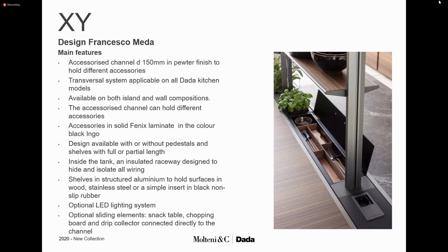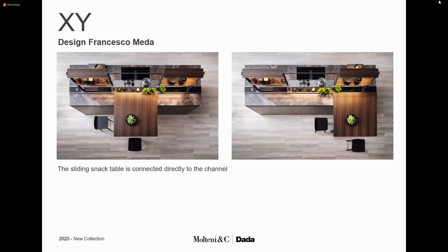Optional LED, optional sliding elements has a snack table, chopping board, and drip collector, as we can see from these pictures. So connected directly to the channel, we can hold three different kinds of accessories. A snack table that can slide along all the width of this composition. A chopping board, at the same time, has to be connected directly to the channel, or a drip collector that, in my opinion, has to be placed very extremely close, on the same side